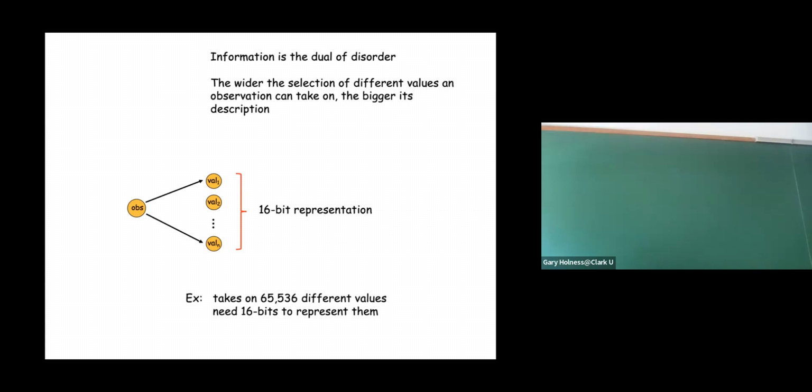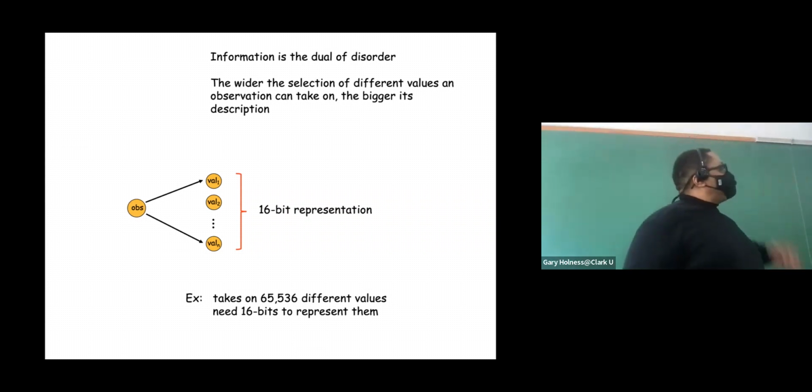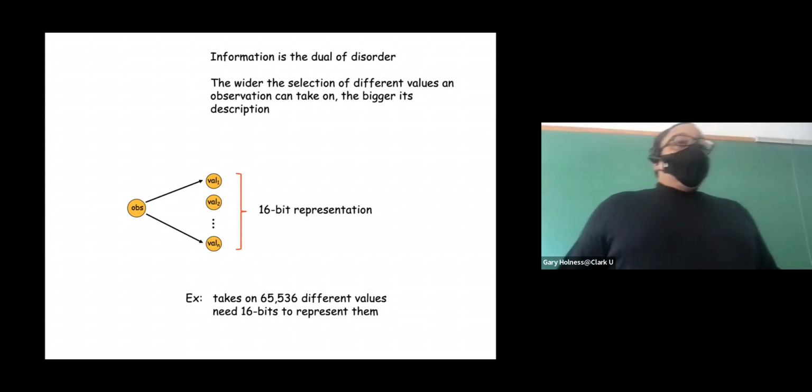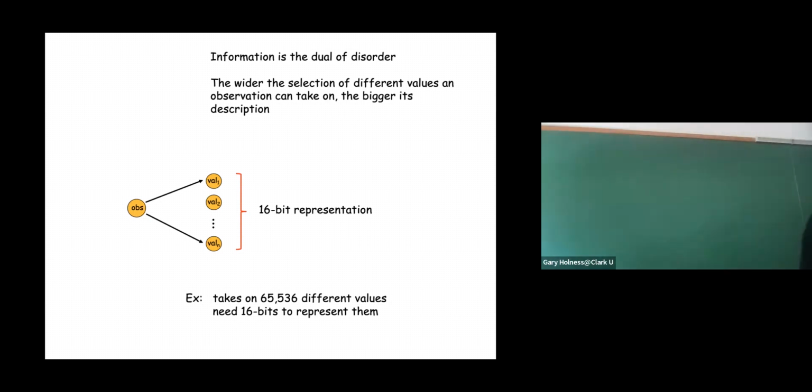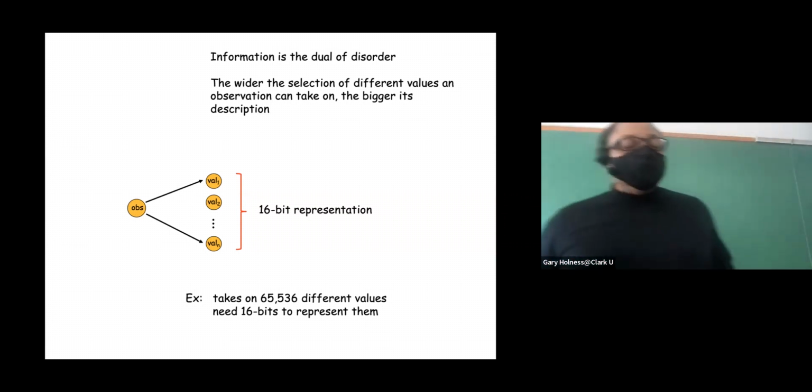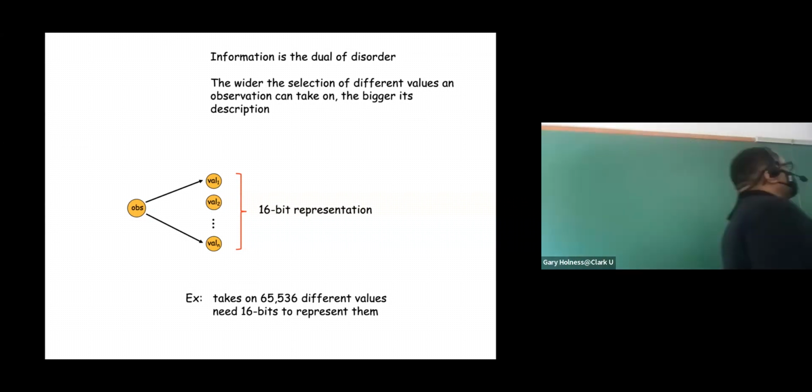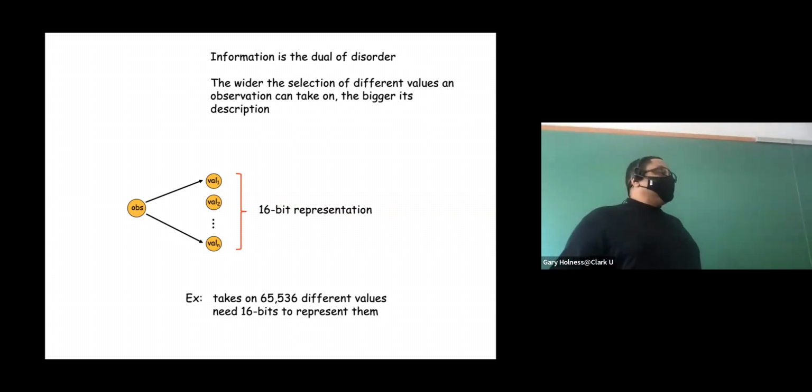So let's imagine we had a system and we make an observation of that system. So we have a random variable, and we find that there are 65,536 different values that this observation can take on. Well, if we wanted to count these different observations, these values for the system, we're going to need 16 bits in order to do that. So this idea of description requires a representation. And if we're going to count these values, a large number, we need 16 bits computationally in order to do that. Does that make sense?